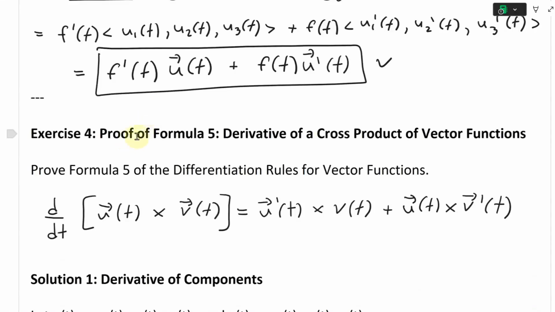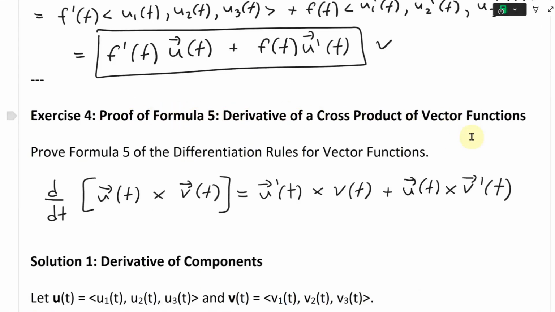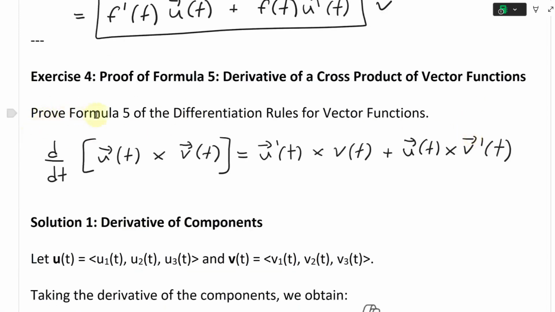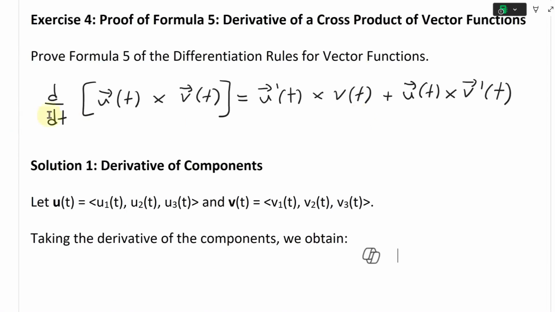Exercise 4, and this is proof of Formula 5, which is the derivative of a cross product of vector functions. So we're asked here, prove Formula 5 of the differentiation rules for vector functions. And basically we have right here, d over dt, the derivative of the cross product of u of t cross v of t, of vector functions, equals